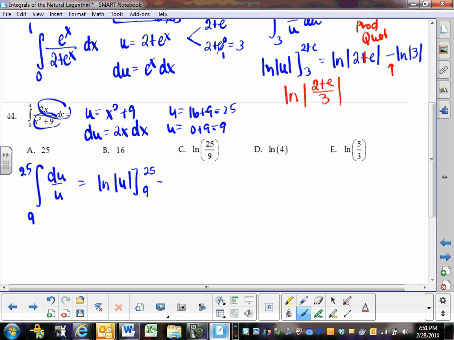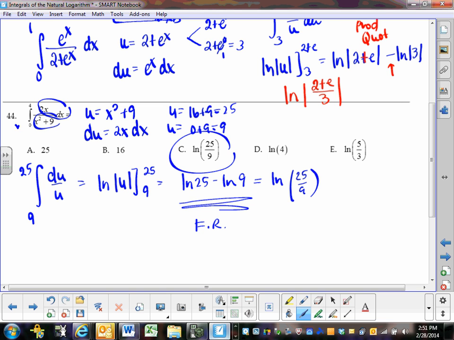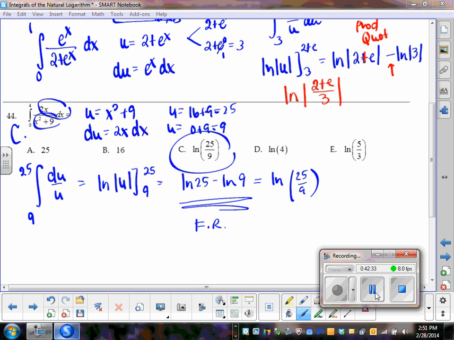Okay, remember the area bounded between a curve and the x-axis is just the integral. So we're going to integrate e to the x over 2 plus e to the x dx from 0 to 1. So our u is going to be 2 plus e to the x. du is e to the x dx. So if we substitute 1 in, we get 2 plus e to the 1. If we substitute 0 in, we get 2 plus